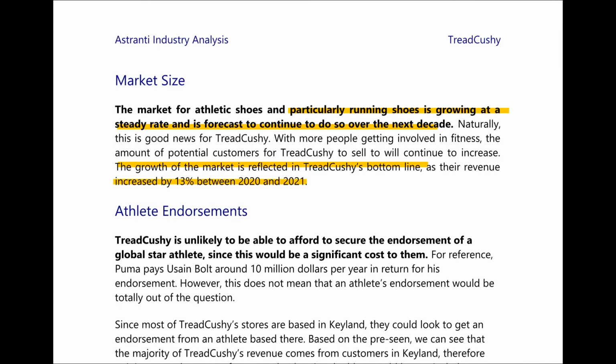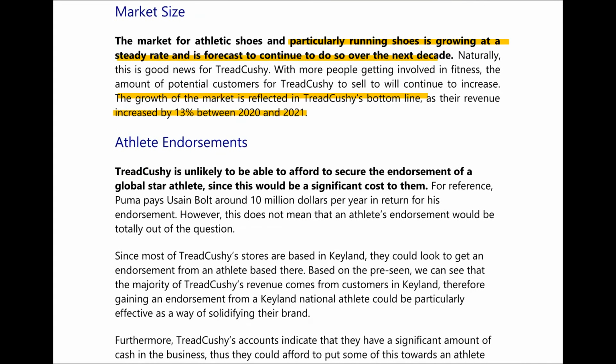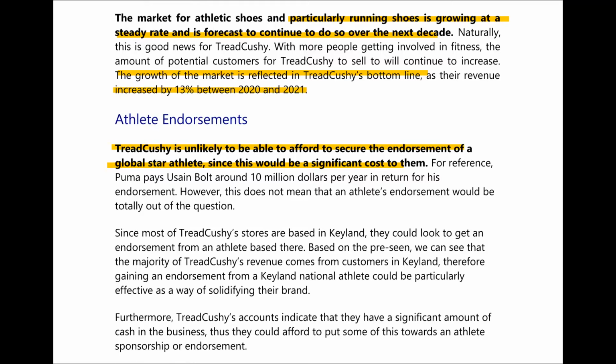With regards to athlete endorsements, naturally, we can look at the finances of TreadCushy. They're not going to be a big enough organization to be able to afford the endorsement of a global star athlete. Whilst Puma pays Usain Bolt around $10 million a year, these kind of finances are just not available for TreadCushy. However,